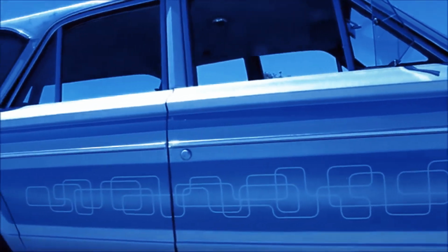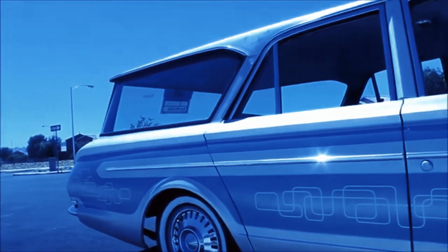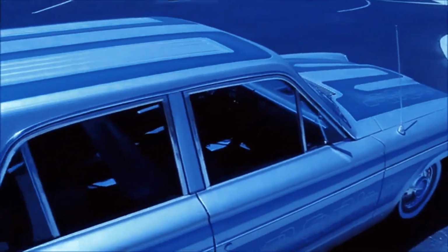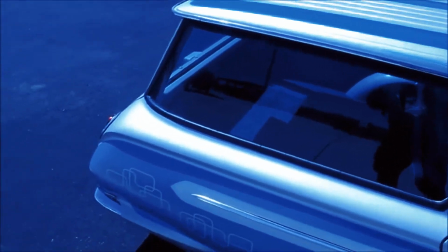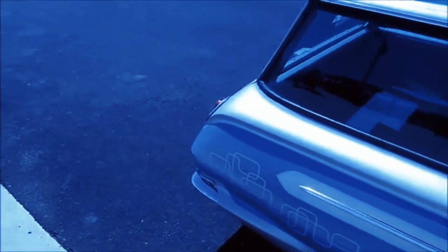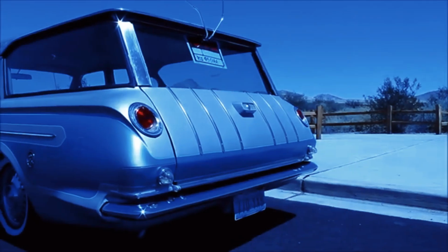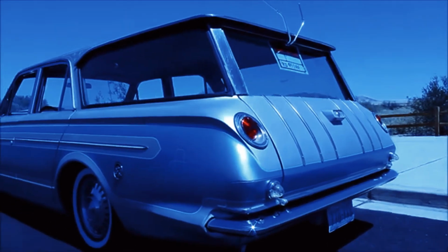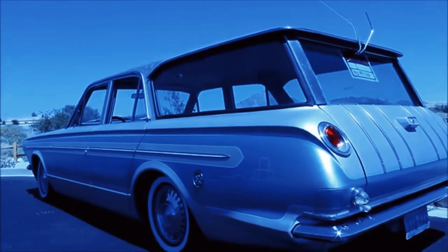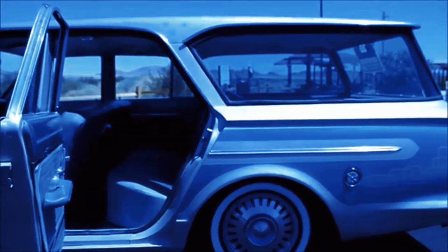The front grille and headlights were straightforward, lacking the distinctive character that could attract buyers. The available color palette was conservative, offering muted tones that did little to enhance its appeal on the road. The Dart wagon was equipped with a modest inline-six engine, which provided adequate but uninspiring power. Optional V8 engines were available, but even these didn't offer the performance expected by consumers looking for a family car